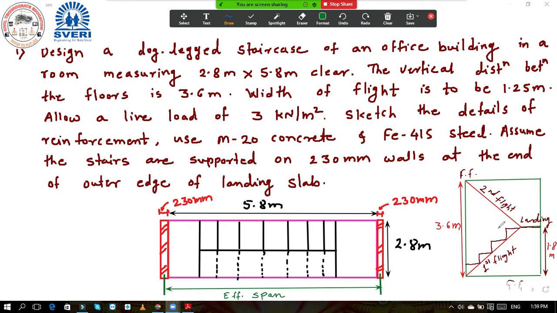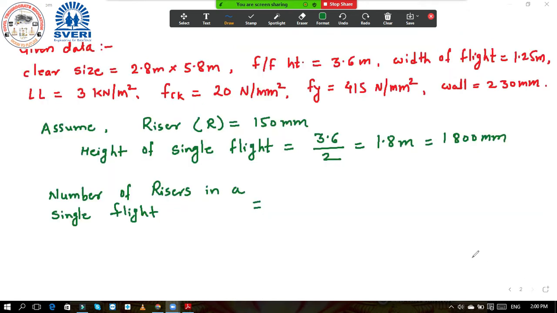And what height have we assumed for a single riser? We have assumed 0.15 meter. Okay, 150 mm means 0.15 meter. That is what we have assumed. So we need to find out how many such 0.15 meter height risers are required to fulfill this total height of 1.8 meter. So for that, 1800, that is total height, divided by riser 150, which is equal to,